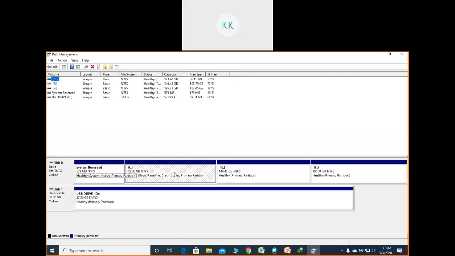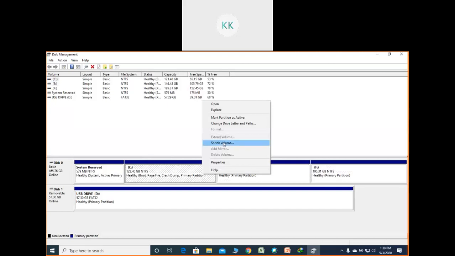So in your case there are three different volumes: one, two, three, or partitions. Suppose now the C drive has 123 GB of space. Suppose you are going to install something there and now you want to extend it. So what to do? Right click, extend volume. When you extend volume, it will ask how much space you want from the neighboring volumes. Just click on OK, then this is going to be added to your volume. Now it is 123. If you add 17 GB more, then it will show 140 GB. Likewise, you can go for the shrink also.